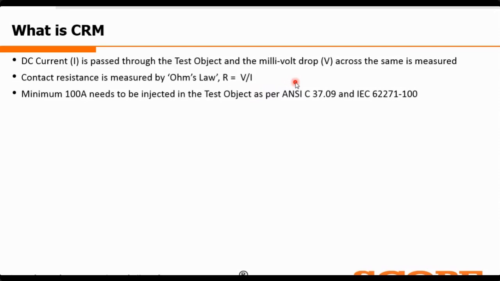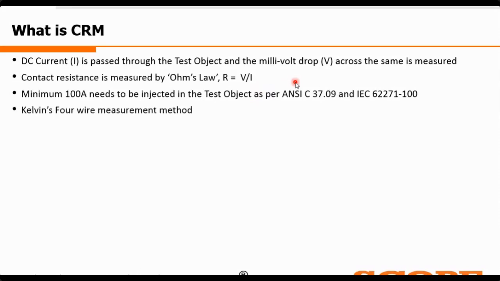Previously, we were following the IEC 60694 guideline, which was superseded, I think in 2012 or 13, by IEC 62271-100. So what IEC 62271-100 says is that minimum 100 ampere current needs to be injected across the test object.